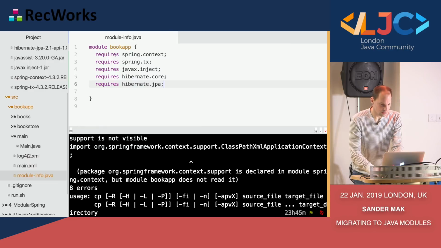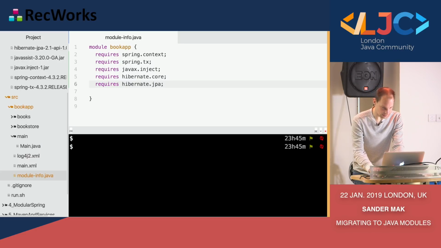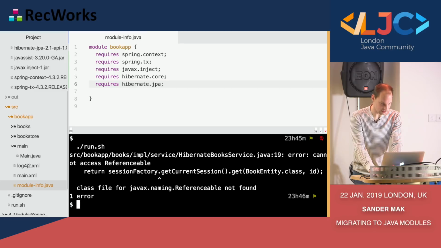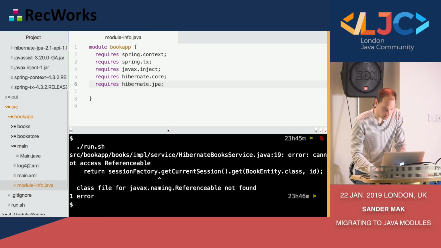There we go. So now we express the dependencies that our code has, because we have code referring to types from the Spring context, that's the application context. We use the transaction annotations, we used some injection annotations, we used the Hibernate Core API, some JPA annotations. This is everything that you will find back here in the source code. Now, if we try this again, we get much improved output, but we still get an error, which is really